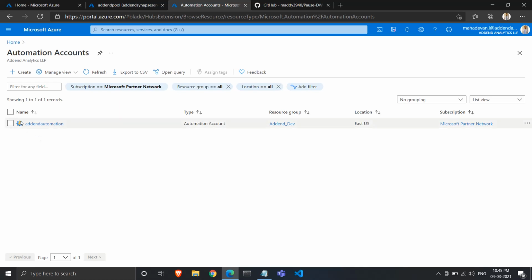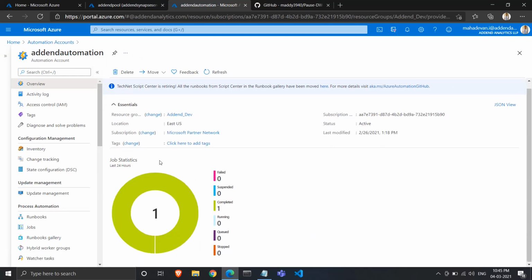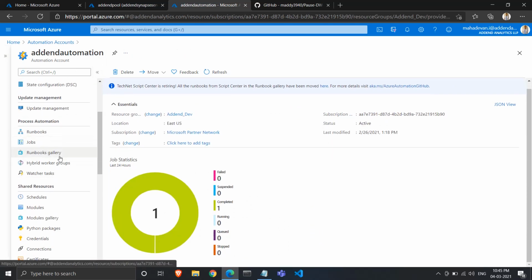I have given contributor permission to this automation account to access all the resources in one of my resource groups. So let's open this automation account.